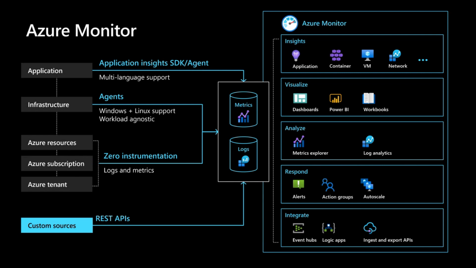So application insights, container insights, VM insights, network insights. These are all insight capabilities where some sort of agent is pushing this information into a log analytics workspace for retention and analysis. By doing this, you can visualize these capabilities through dashboards, through Power BI, through monitor workbooks, and perform analysis against these data sources and resources, so that you can start to understand what the error scenarios are and what things are happening that you need to know about, and allow you to generate an alert and